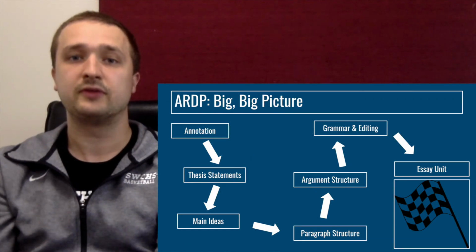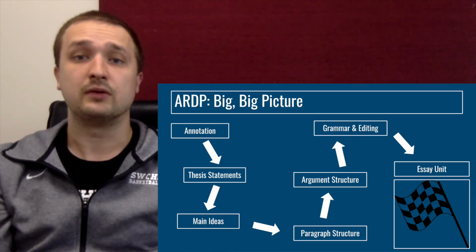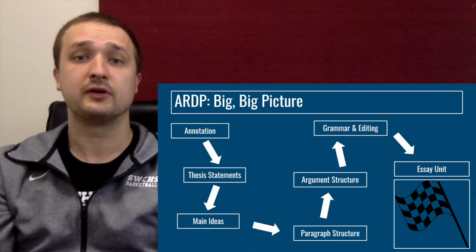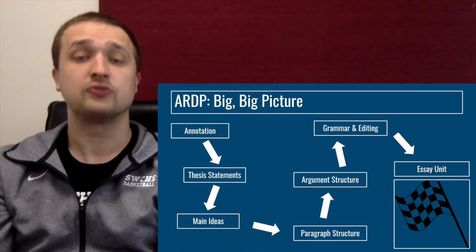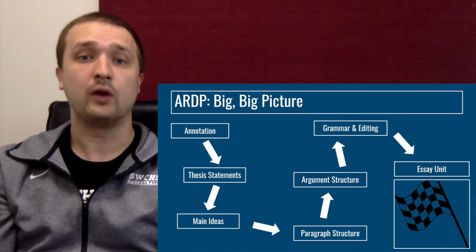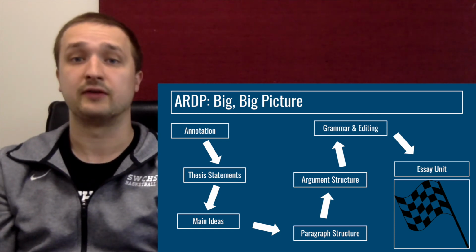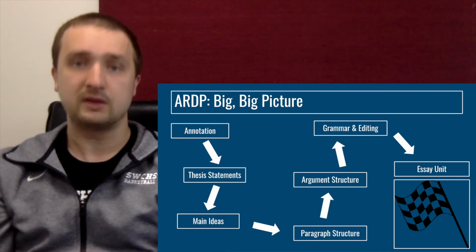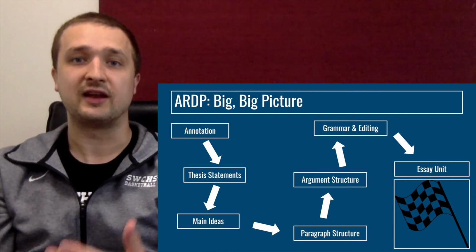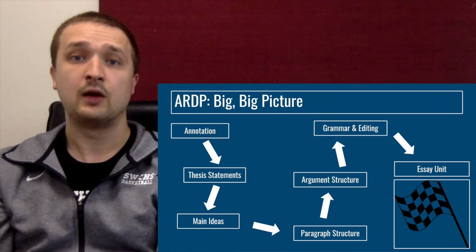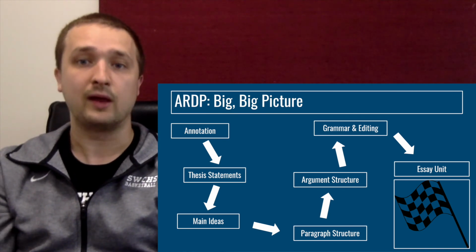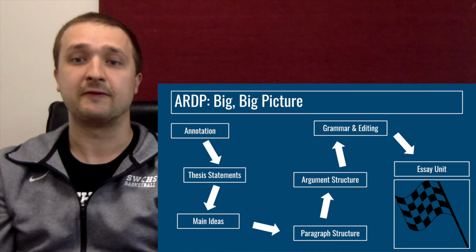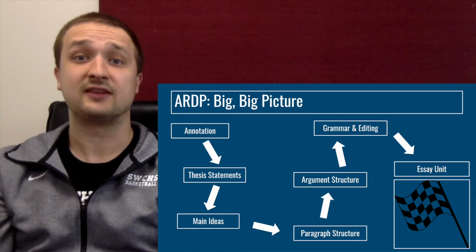So I'm going to go back to the slide that has all of the different steps on it. Typically what we'll do at the beginning of the week is I will give you an article that is about some current event topic. Your job will be to read and do one or more of these steps with that current event topic article for that week. So it'll be a weekly thing where we'll practice these skills, and as we get further and further on in weeks, we'll add in more and more of these skills along the way, with the ultimate goal of getting us to that finish line, which is the essay unit in the spring.